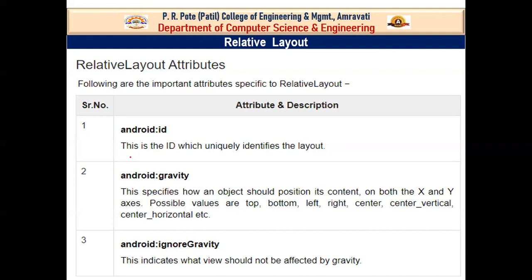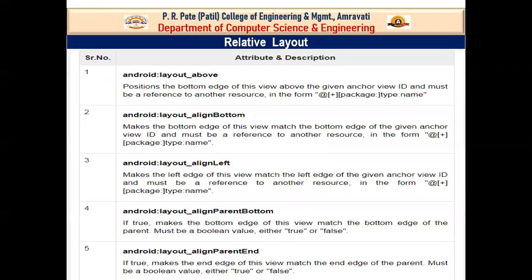Now the second property we will see is layout above, which is as important as Android ID. By this one, we can define which layout or which ID of layout is above it. And in a similar way, we can have align bottom.